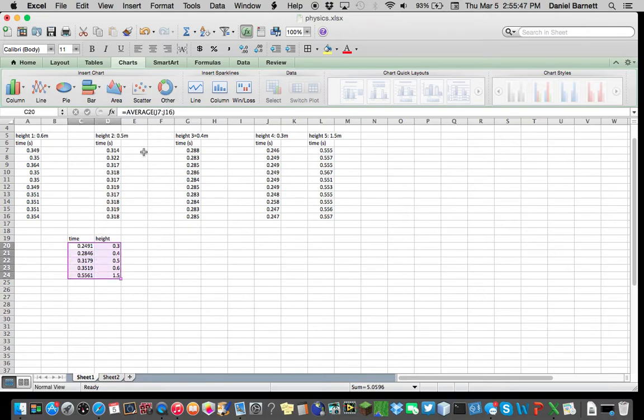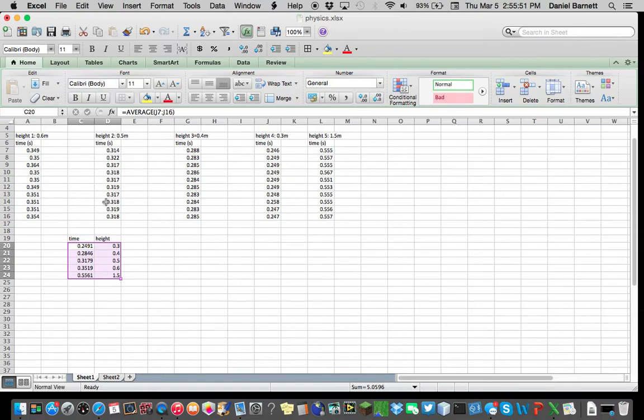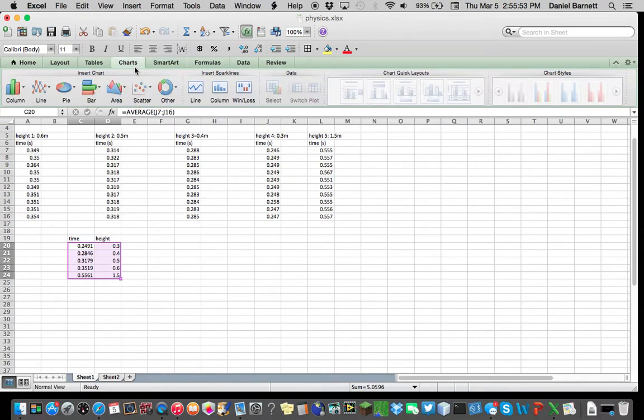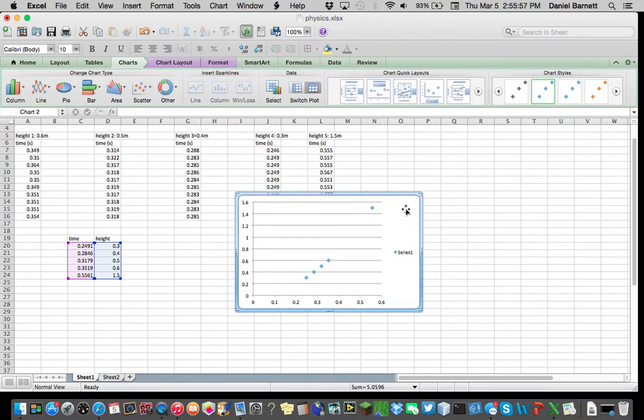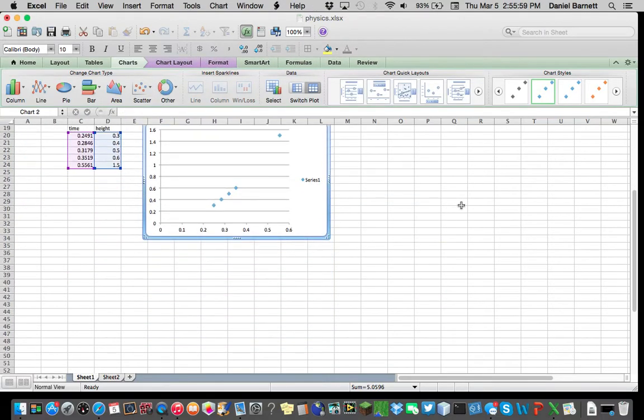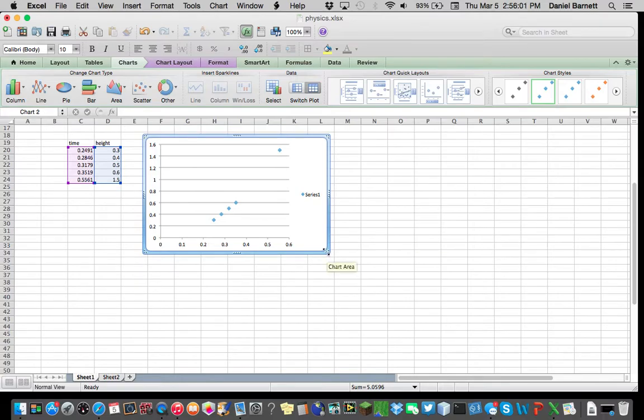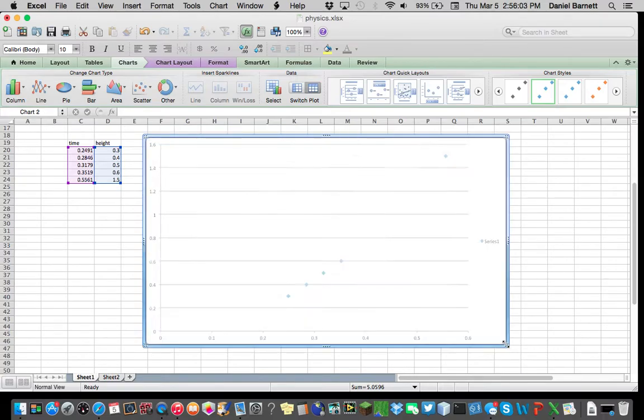Select your data points. Go up to charts. You're originally going to be in home. Go up to charts, select charts, hit scatter, mark scatter, scroll down, make this guy a little bit bigger. Okay, this is a very bare graph, and we're going to have to edit this and make it look a little better, more presentable. So since we only have one data set here, we can delete this legend,